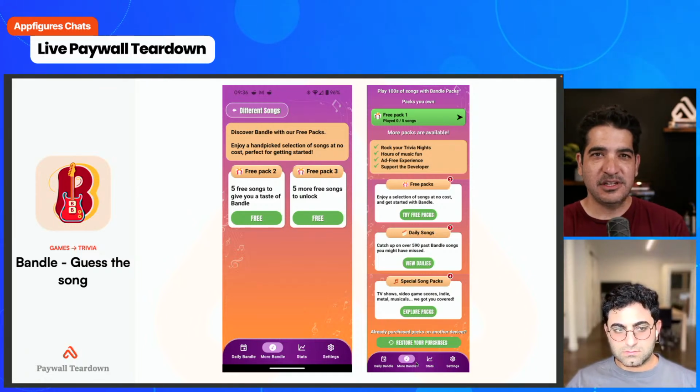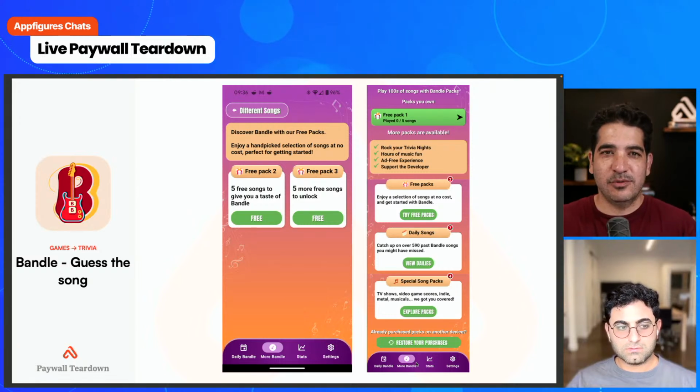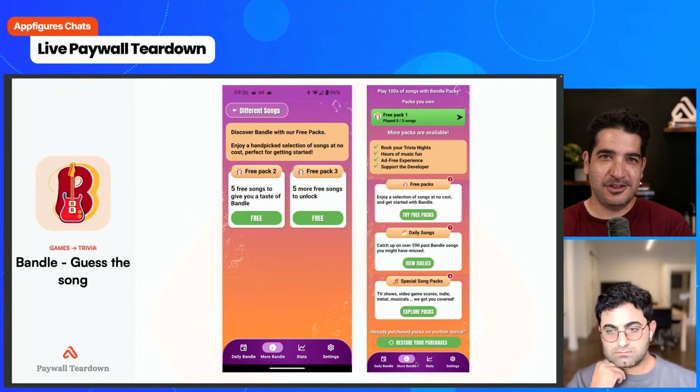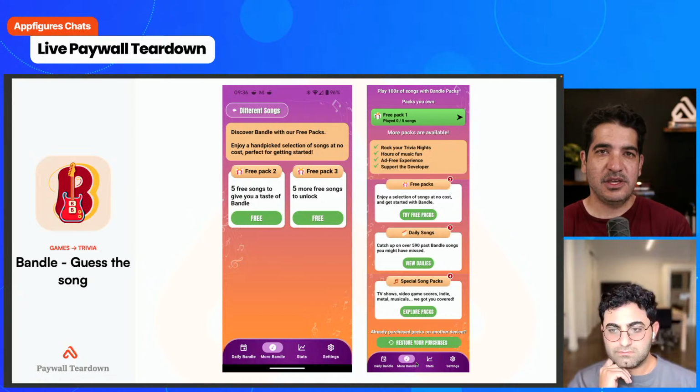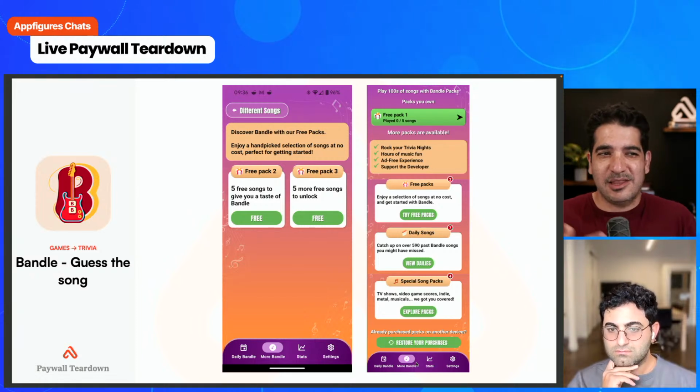I used to be of the opinion that the more options you give people, the better, because people don't really want just the one thing that they're going to get. And that's true, but they don't want too many options. They only want the one or the two or the three options max. Beyond that, you start to get into which one should I get? Should I get the bigger one? Am I going to use more songs? Or should I get the smaller one, then get the bigger one later?